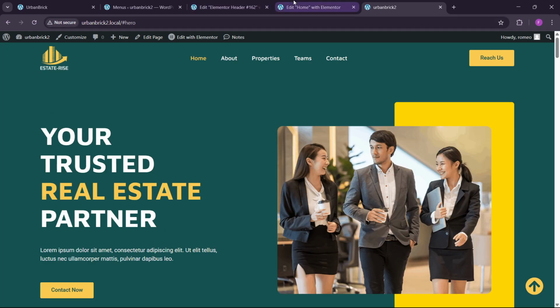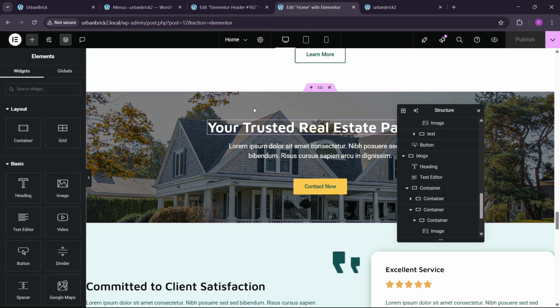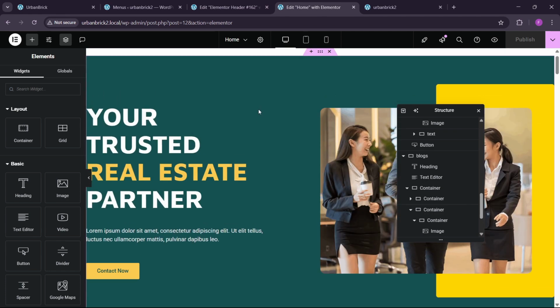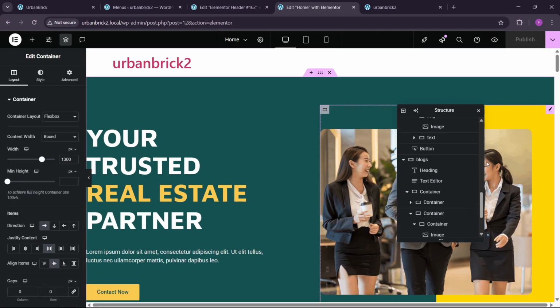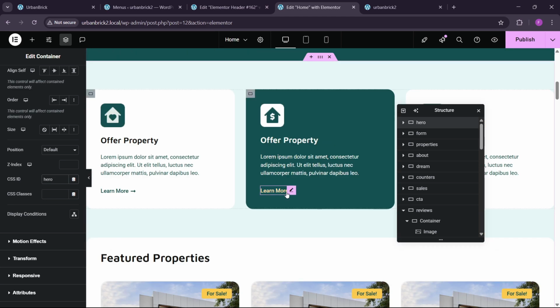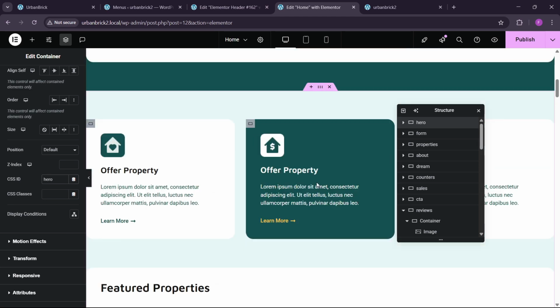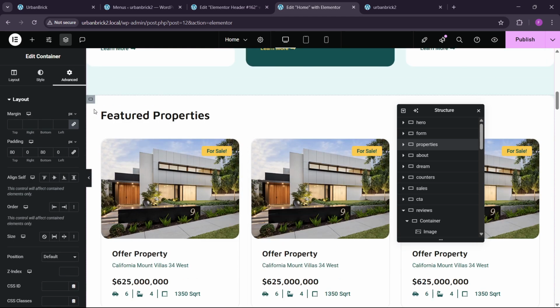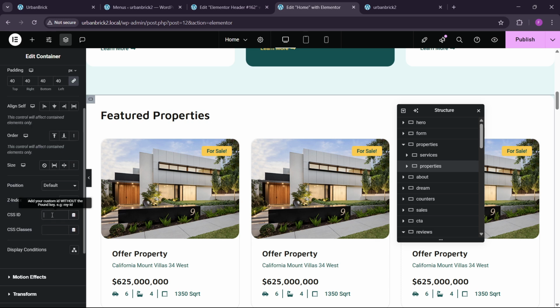Now let's go, and we're gonna put the CSS ID so that it will work whenever we click on these menus. Okay, so here you can see that we have the hero section here. So in the CSS ID we can just go here and put hero. Okay, similarly we can make these properties. So let me go here, or you can just go to these sections also, I mean you can put the CSS ID anywhere. So let me put this